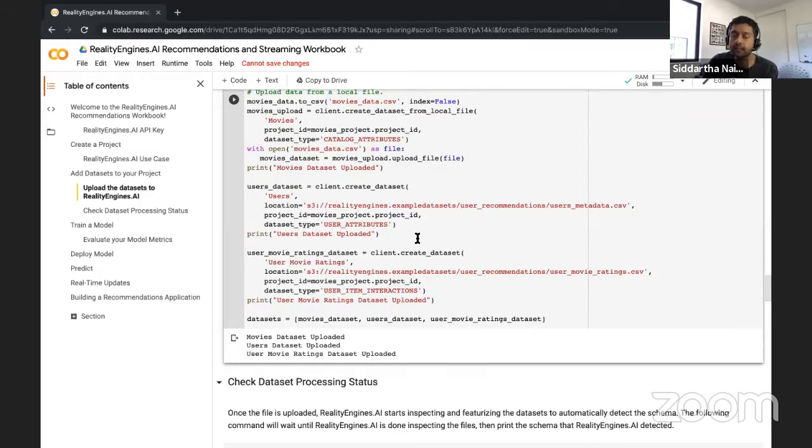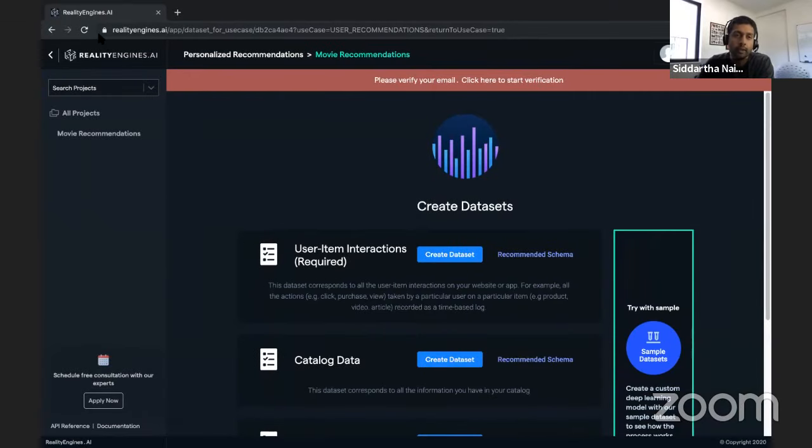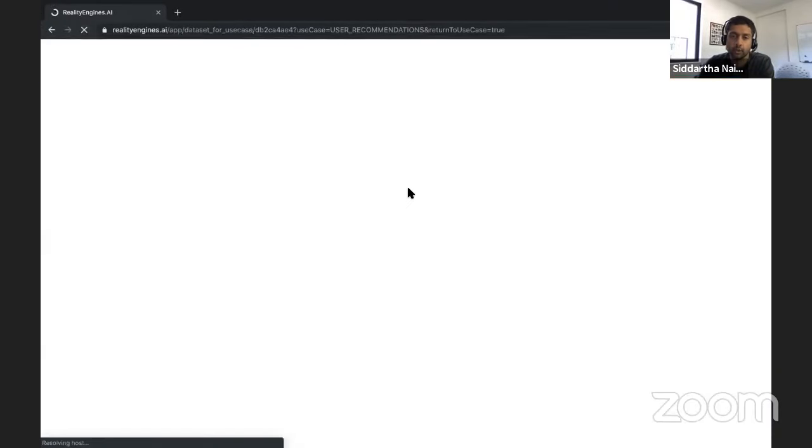And then since the other two files are coming from S3, the operations are quick because we're just telling the service to go fetch it. And so it'll do all of the fetching in the background and so on, and let us know it's being loaded. So if I go back to my project now in the UI,